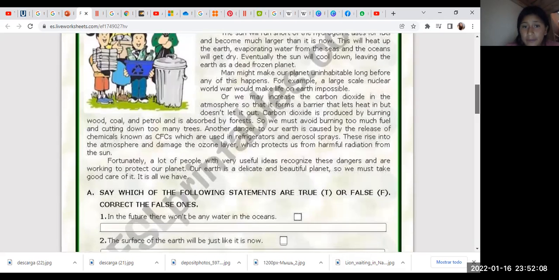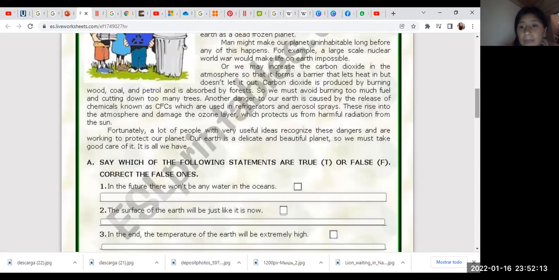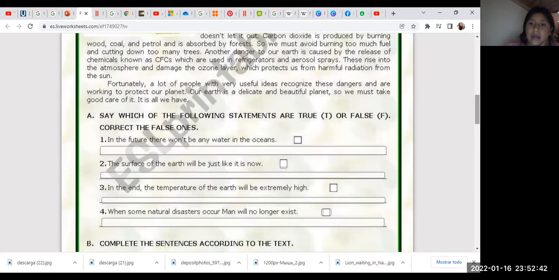And another idea, read: another danger to our health is caused by the release of chemicals known as CFCs, which are used in refrigerants and aerosol sprays. And another important idea is our earth is a delicate and beautiful planet, so we must take good care of it.